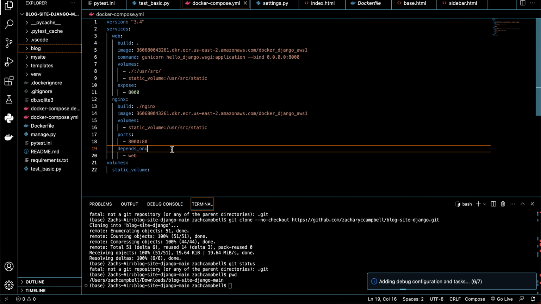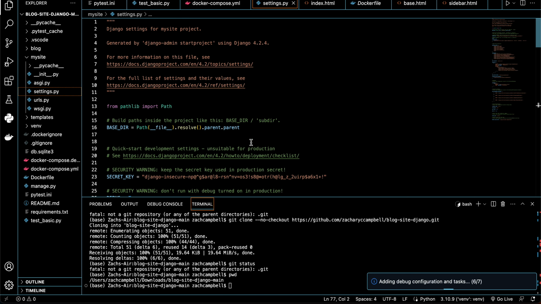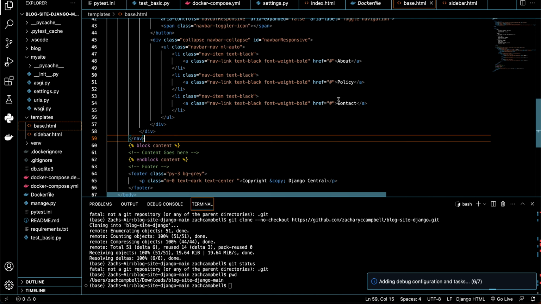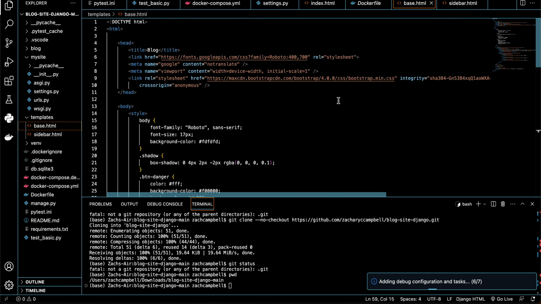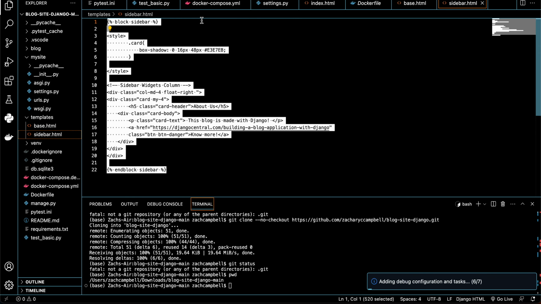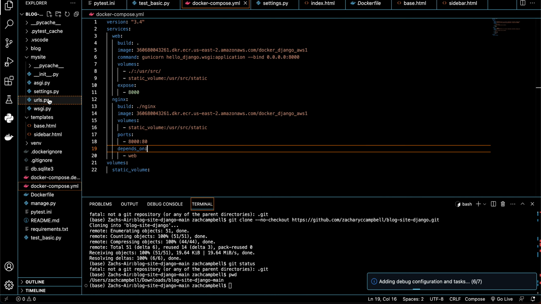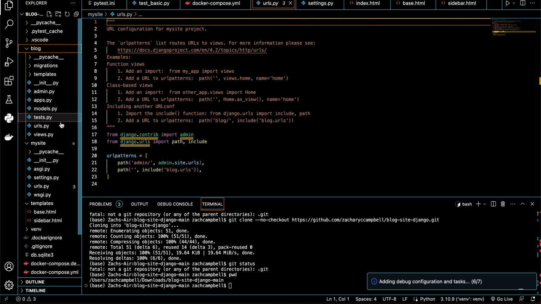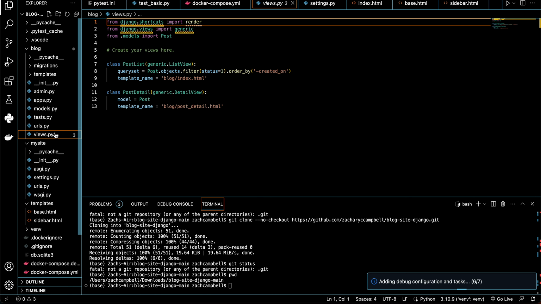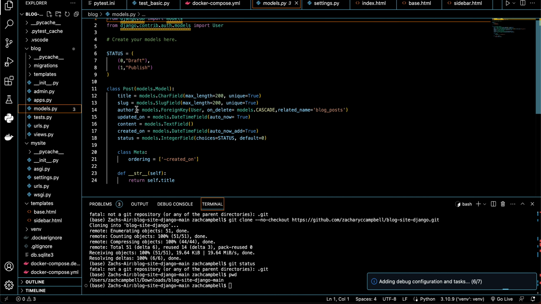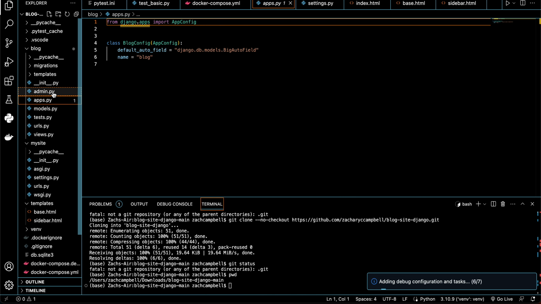Here's some of the code for it. Here's like the Docker Compose file, the settings file. Here's the base, the home page, and sidebar. URLs, views, URLs, models, model for the post, apps,